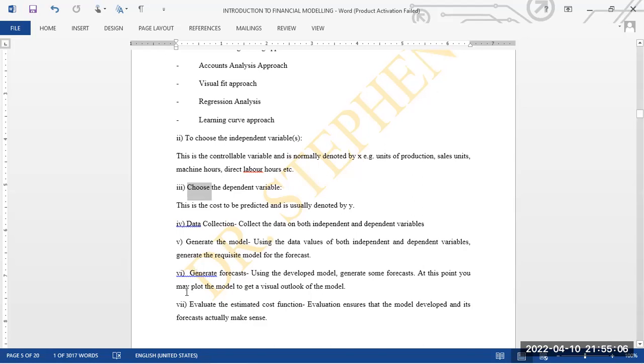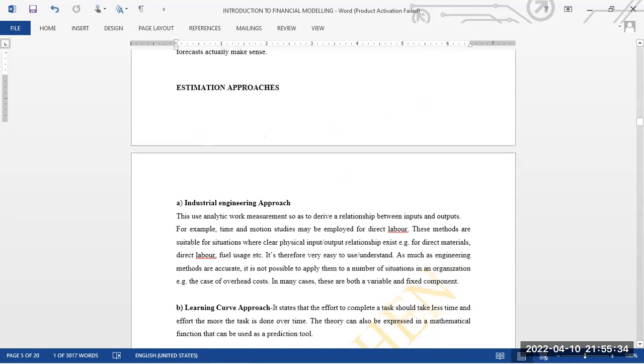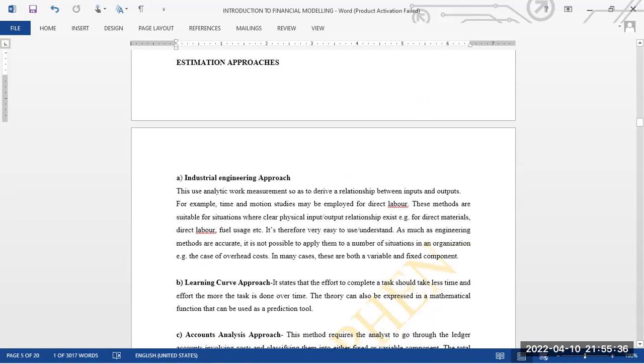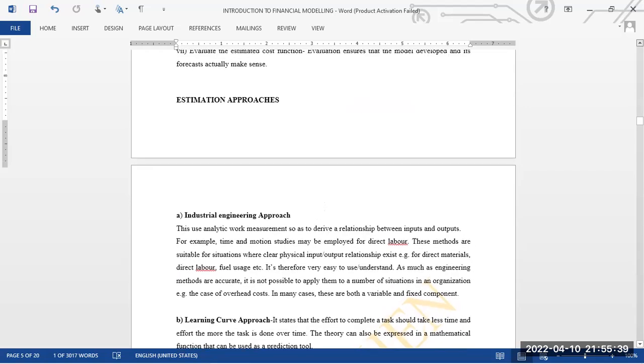Then you generate a model. How do you do this? Using the data values of both the dependent variable and independent variable, you generate a requisite model for the forecast. Then after doing that, you evaluate the estimated cost function. How do you do that? You just ensure that the model developed and its forecast actually makes sense. So if the forecast does not make sense, you know very well you have made a lot of